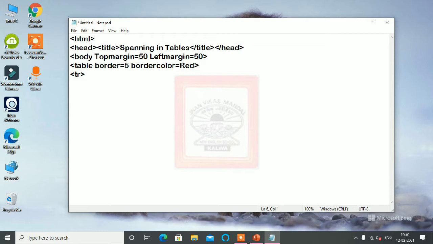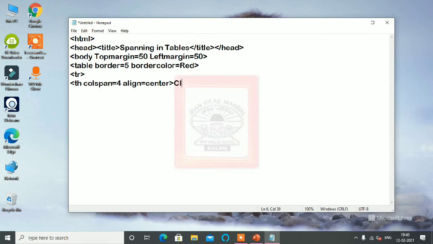Now in this TR, the first heading which I am going to use is TH, the heading. For that we use colspan. So in this heading colspan is equal to 4, so 4 columns will be merged together, and alignment I am going to take here as center.